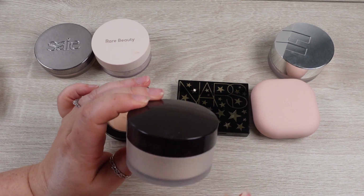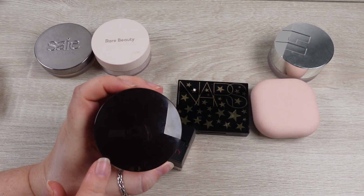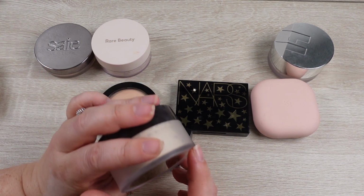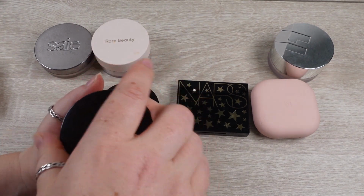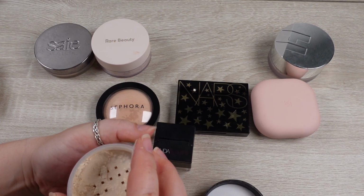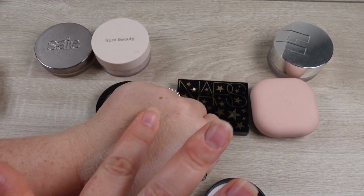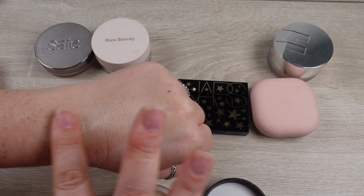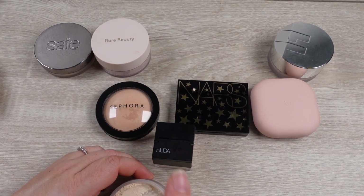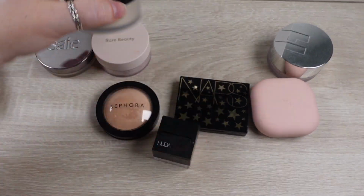And I bought this a long time ago. Well, I don't want to say a long time ago, but probably when I first started my makeup collection, the Laura Mercier Translucent Setting Powder, because it had a lot of popularity, but I didn't love it. I felt like it was a little bit drying on my dry skin. But now that I have more combo skin, I know I keep saying that, but some of these things get revisited and then they get a brand new life. So this one I found has a lot of hype for good reason